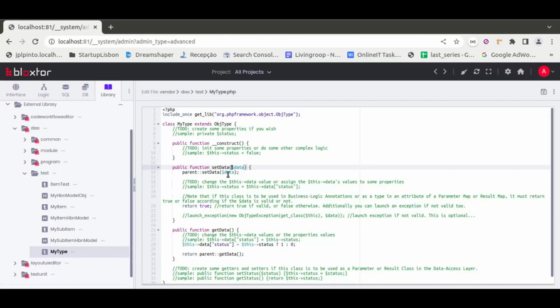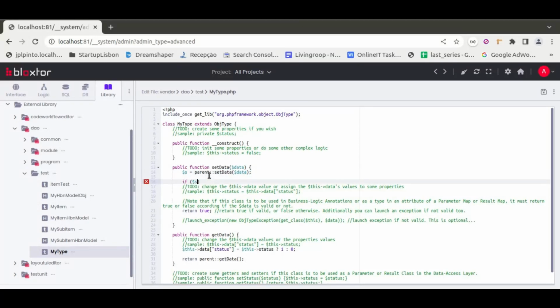So what you needed to do here in the set data is validate this argument, check if it is a numeric field. The parent set data will return a status, true or false, and what you could do is, if the parent returns true, then I'll check if it is a numeric field